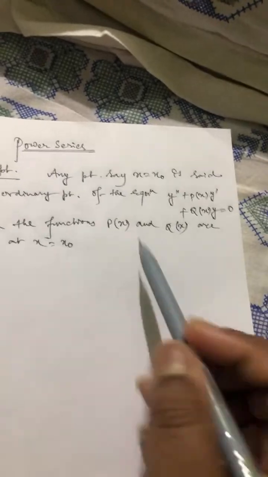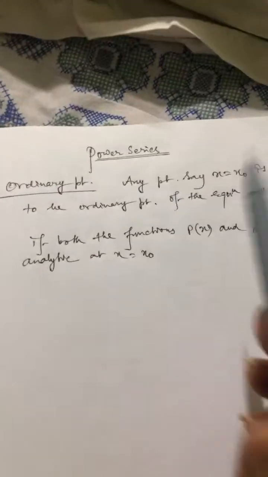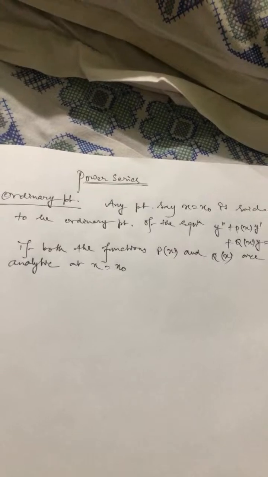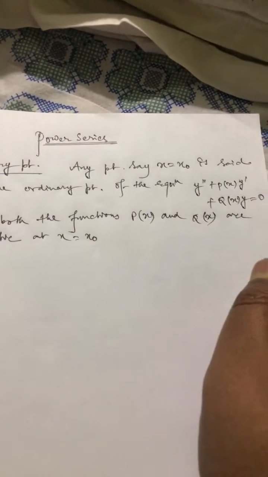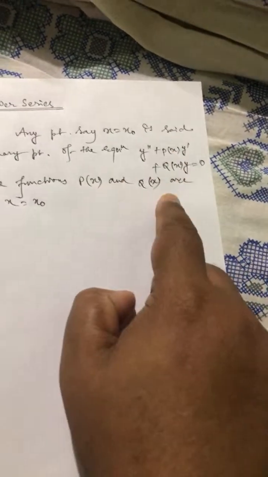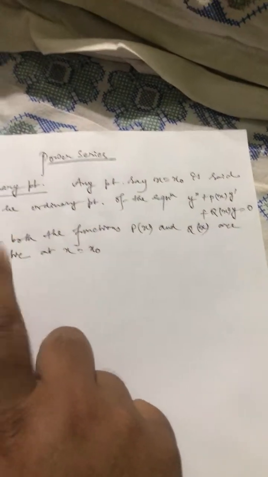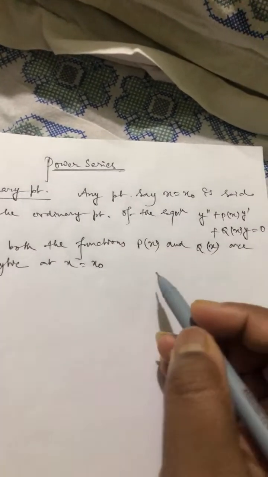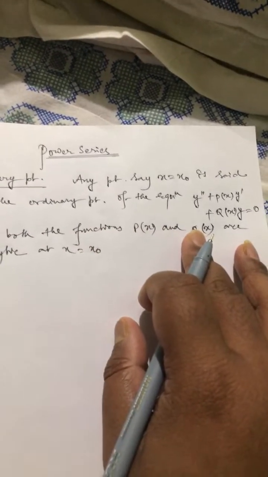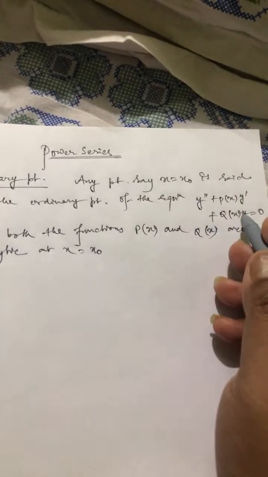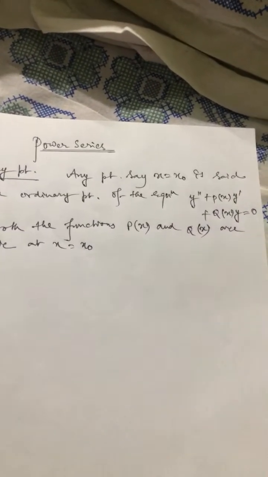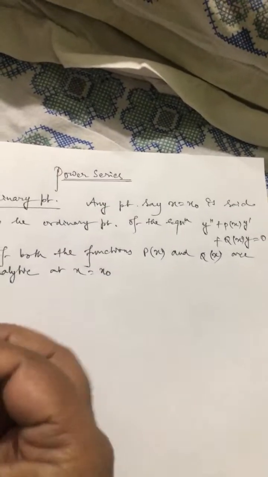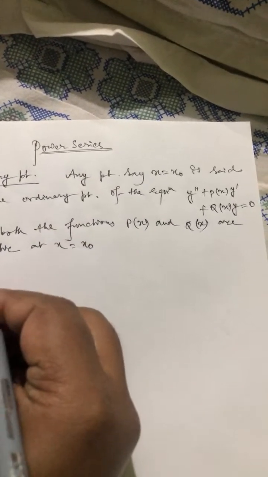That means we are choosing a certain point x equals to x naught, and then we are trying to say when we can say it should be an ordinary point corresponding to this equation. Now the ultimate criteria is what? You need to consider both these functions p x and q x should be defined or analytic at the point x equals to x naught. Now it may happen at least one of them may not be defined at this particular point x equals to x naught. In that case, for this differential equation, whatever I have written, it can be considered as a singular point. So I am writing also this one, singular point,